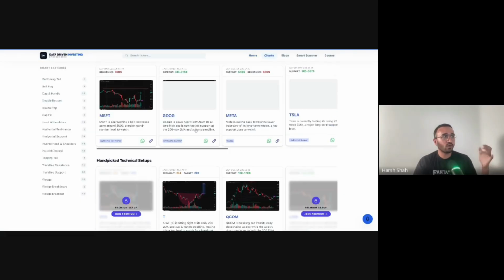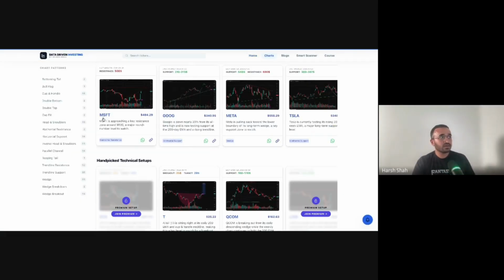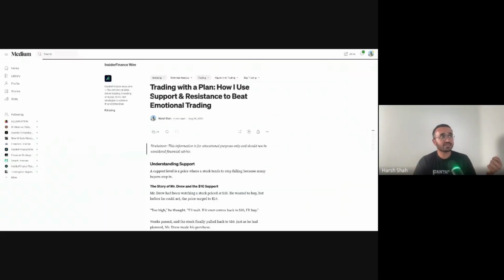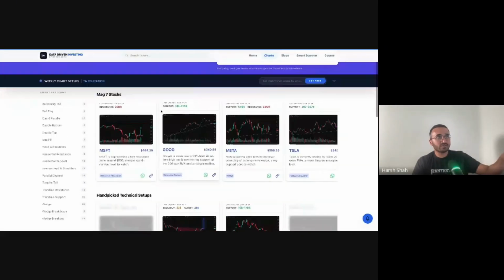So if I look at all the charts that I share here, you look at Microsoft, and the website is pretty much learning oriented. So if you click on this, you can see this was the resistance zone and this was the minor one. And if you want to understand what these lines are, you can click here. It will directly open the blog that I have written on the specific support and resistance and what it is. So you can go and read. And if you understand what is happening, you'll be in a better place to execute and take the trade. So coming back to the website, this was the chart section.